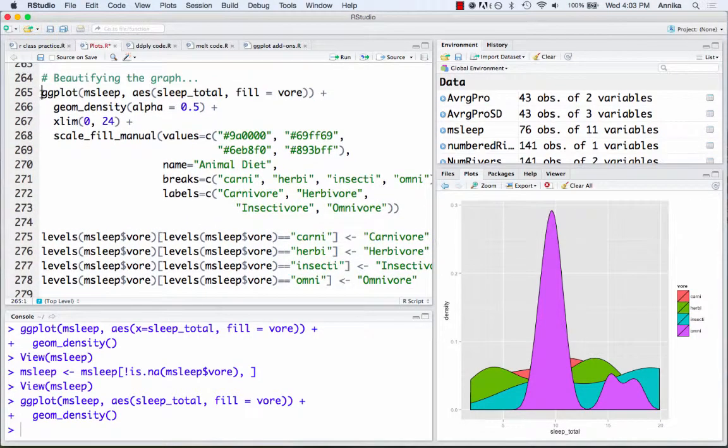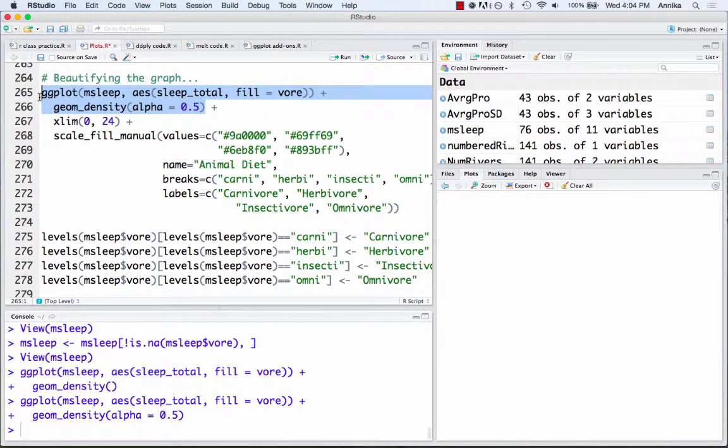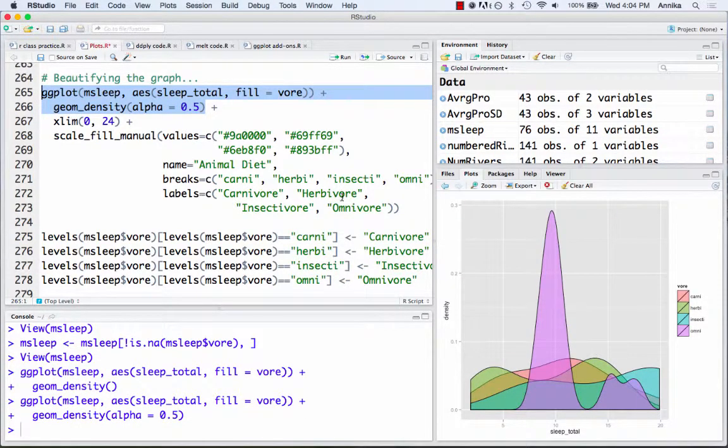And to do this, we've got our base code up here. What we're going to do is modify the geom density add-on. And we're going to put alpha equals a number in there. And alpha, as you recall, is the transparency of the color fill. So by setting it at a number lower than 1, we're making it more transparent. And if we run just this part, you'll see what I mean. So now this is much better because we can see through to the red, and that's much better, so we can